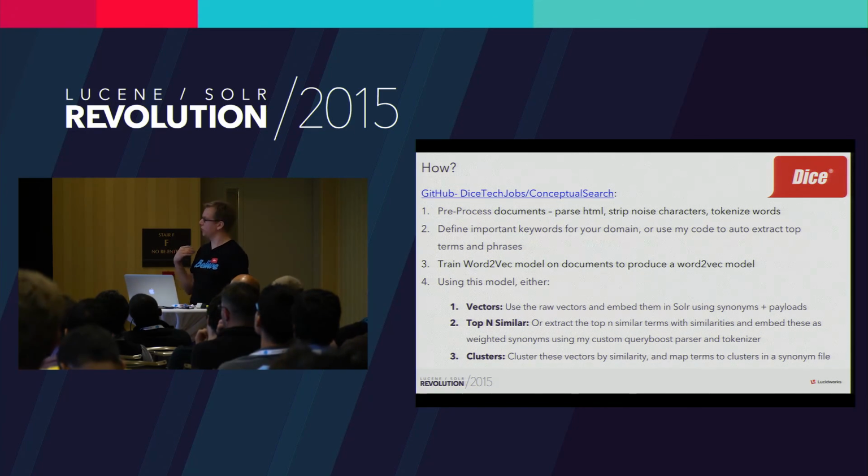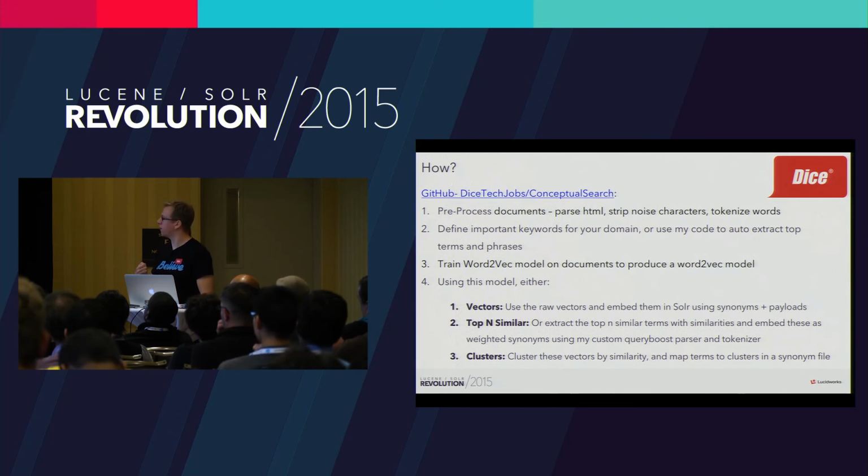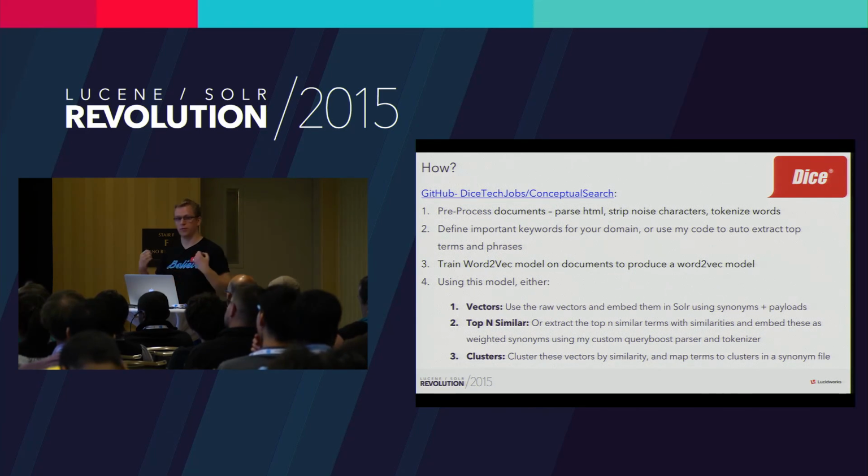But if you really want the most accurate results, that's something you can tinker with and play around with. But to get it to scale well, I looked at some other approaches. So you can take the top n terms, where n could be 10, 20, 30, that it found that were similar in your document set. And you can extract those, and you can put them into a